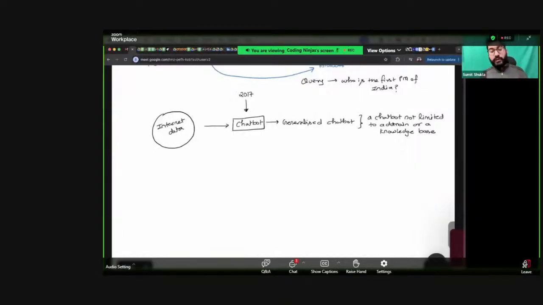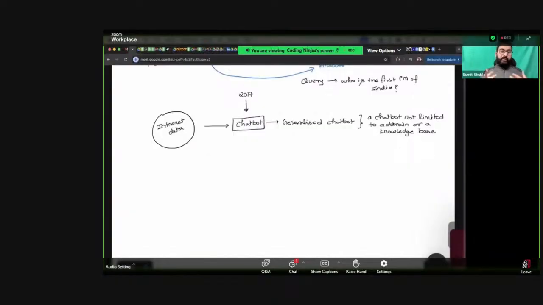Because they want to come up with a generalized chatbot which is not limited to a domain. They wanted to bring a chatbot which is able to answer your questions from any domain and from any particular sector, which basically means the chatbot they were trying to bring should be able to have information about everything, and there is only one such resource which can help you with this kind of data, which is the internet